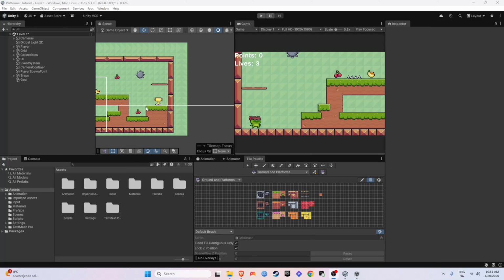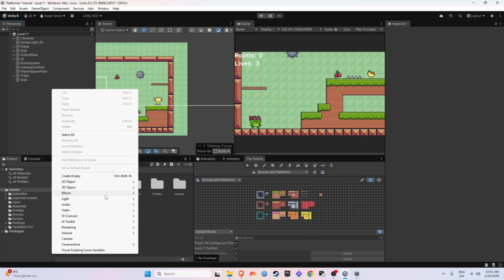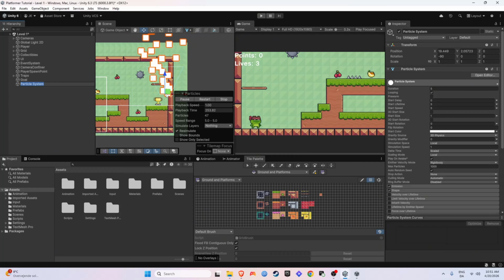So let's start by going to our hierarchy, right-clicking, go to Effects, and click Particle System. You can already see we have a particle system on screen now. I will just move it so it aligns with where our end goal of the level is. Unity gives us this default particle system right away,